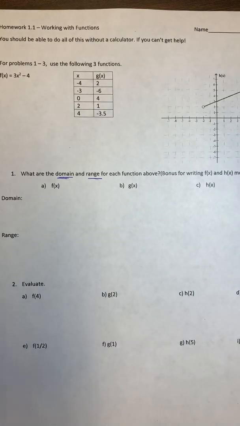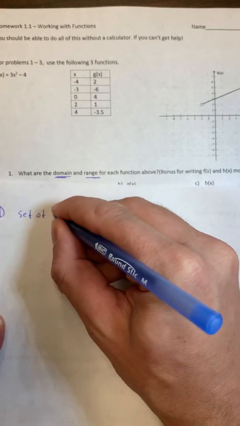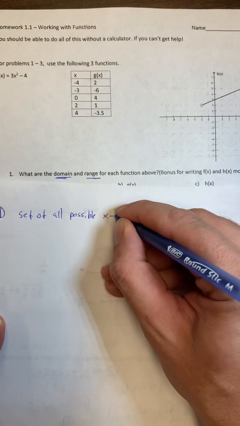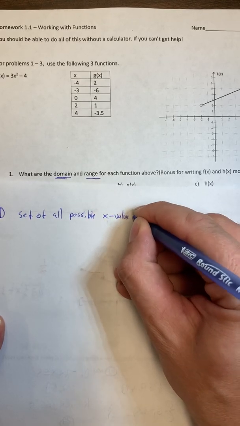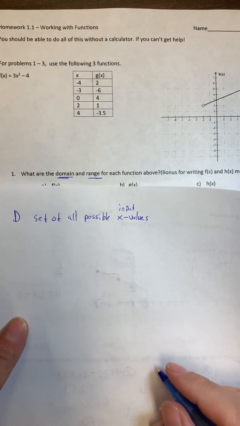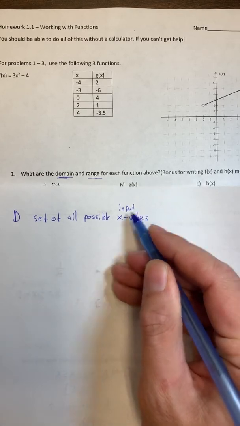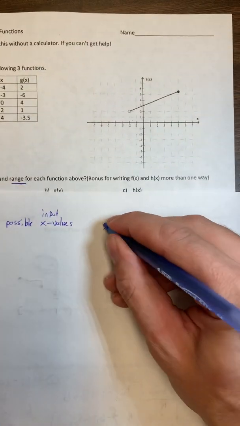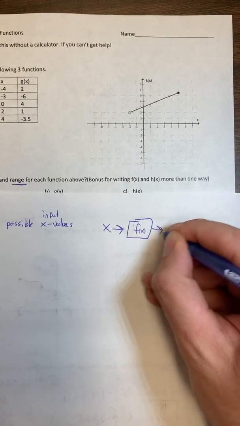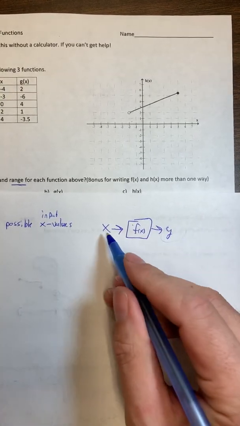Domain is the set of all possible x values or input values that will actually get you an output. So as long as if you put in an x, the function will tell you what comes out, and this is kind of how I model a function. There's an input that goes in, there's a function, and it tells you what comes out. As long as you'll get something out when you put in an x, that's a value that's part of the